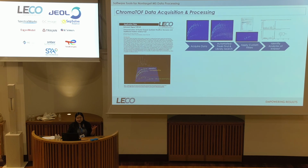So, kind of an example of the workflow you would go through in general in ChromaTOF, if you're just doing basic characterization, a full characterization of a sample. You can acquire your data, do your automated peak find and library searches. You can then apply customized filters to search for specific analytes within the group that you get. In this case, I think I applied a sulfur filter, said anything with a library similarity search over 800 out of 1,000, if it contains sulfur in the molecular formula, only show me those peaks. And so you can filter down and get insights from your data quickly in that way,